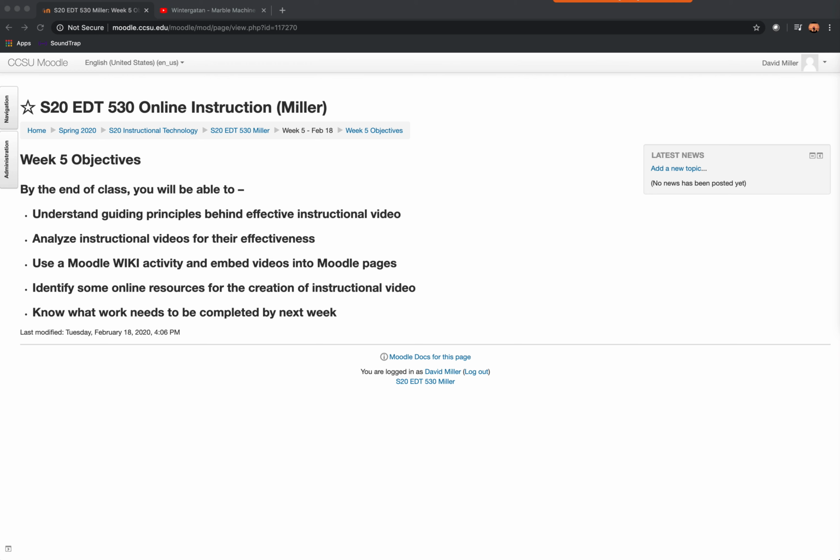So that's the main focus tonight. Along the way, there are a couple of odds and ends. I do want to talk about something related to Moodle pages, and in particular, embedding videos into Moodle pages, because that's a question that's come up a couple of times. And I just want to make sure that I've gone over how to do that, because that is something you are most likely going to want to be able to do in your own Moodle projects.